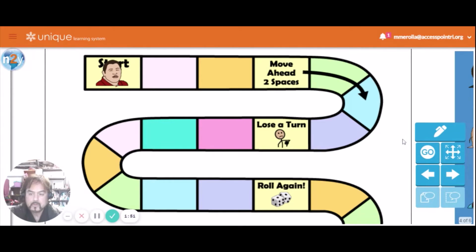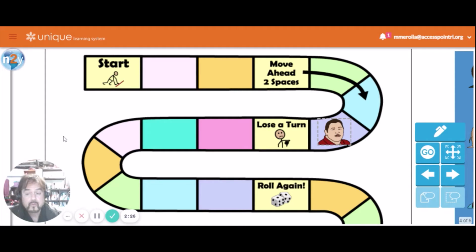Okay, so the first thing we want to do is roll our dice. I have some dice right here, and I'm going to roll them. All right. And I got a 5 and a 1. And if you count those dots, you got 1, 2, 3, 4, 5, 6. So I'm going to move my character 6 paces. 1, 2, 3, 4, 5, 6.